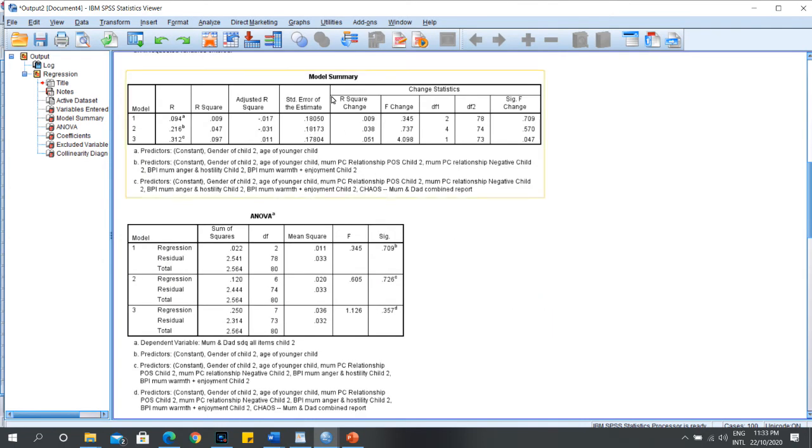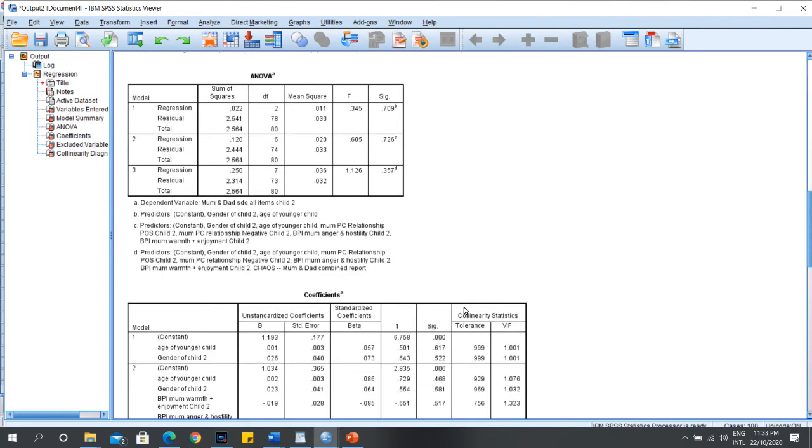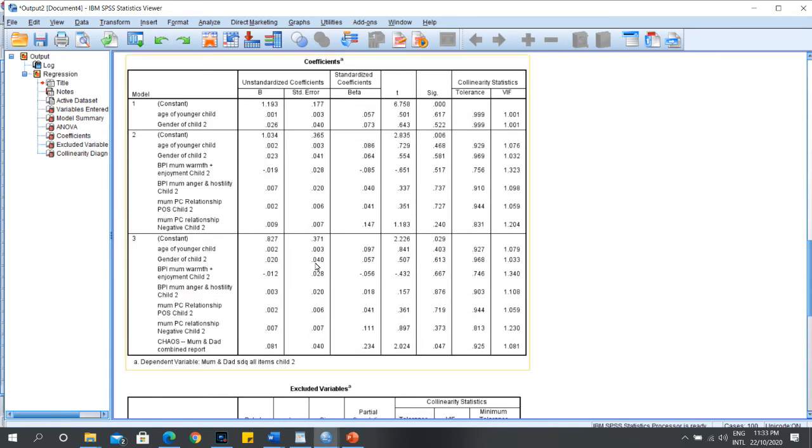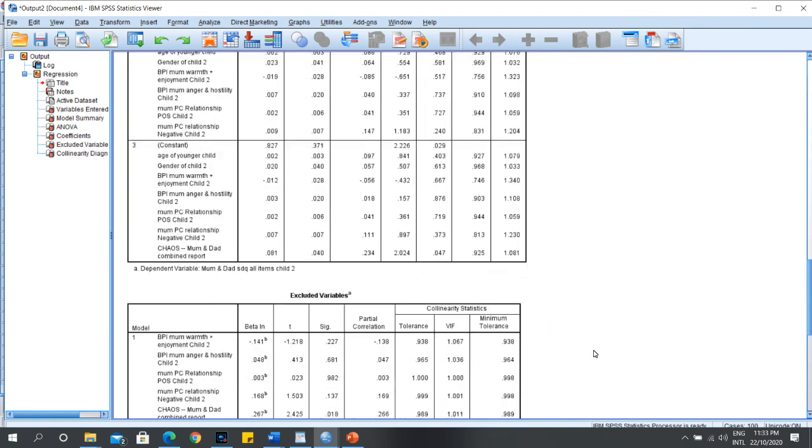So we have to put this model summary ANOVA, and then in coefficients you can see here chaos and mom and dad combined report. The beta coefficient is positive and the t stats also positive, that means it is significant, and p value is less than 0.05, that means only chaos has a significant impact on mom and dad SDQ.